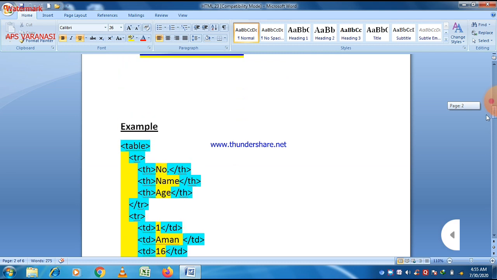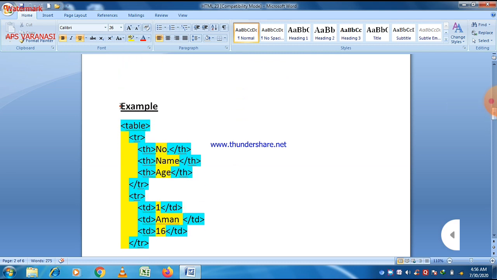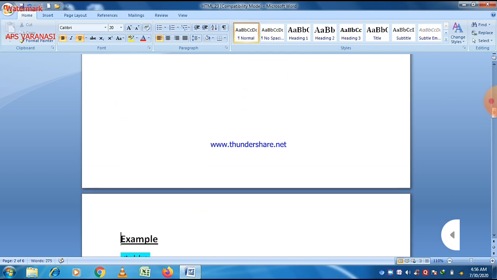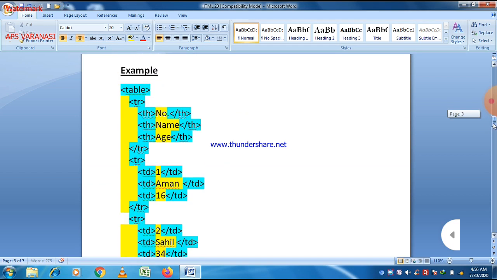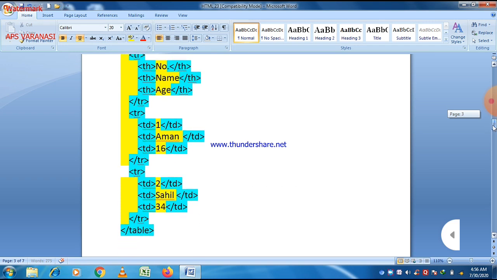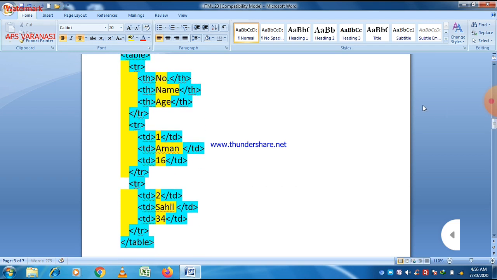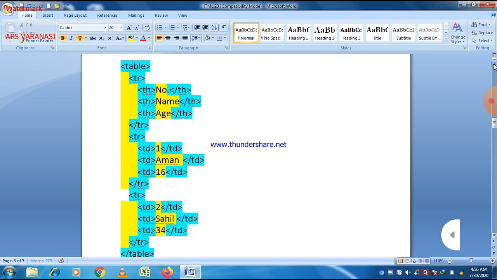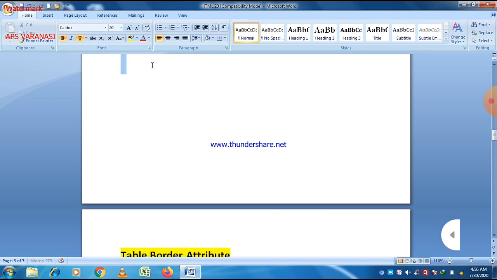So first of all, if we want to define some attribute, there should be a table. So let us create a table first, and as this table is already given here, we use it as it is. You can see that we start from a table, then thereafter a tr tag, then th, and then td.